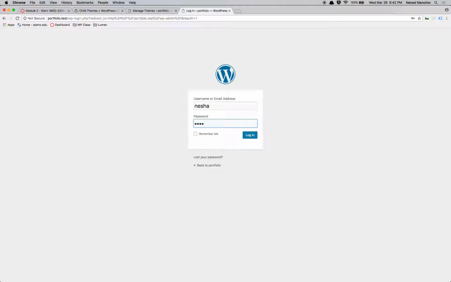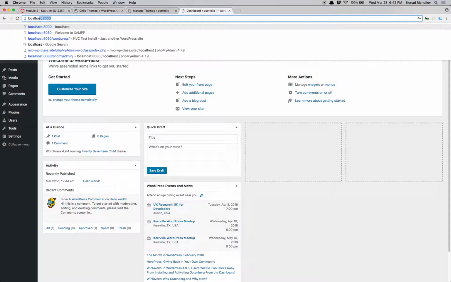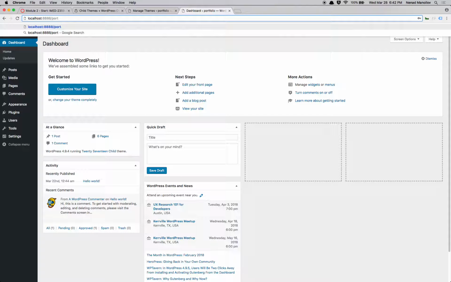And if I remember my password, what is it? Yes, go ahead. When I type that in, it just goes to Google. portfolio.test, well, you can't do that. That's only on my system. You do your localhost, and then 888 for your port, and then you do portfolio. So now just add portfolio, and then you just add wp-admin like this. So when you do this, it will bring you the login form, and you log in with your